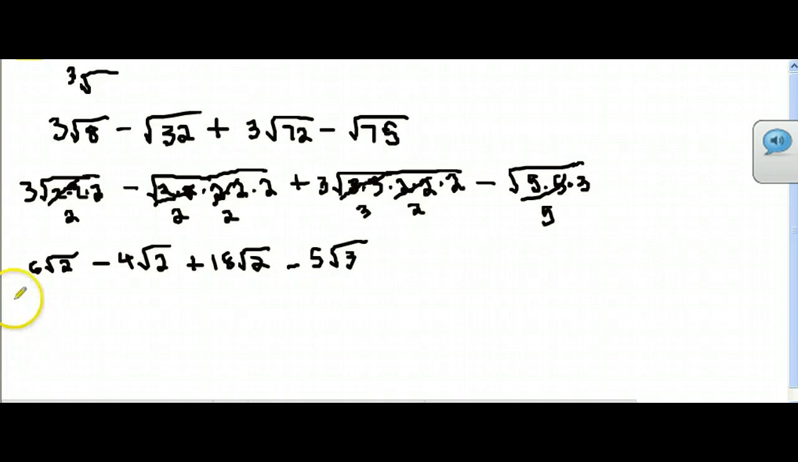So you have everything broken down. What can you put together? 6 minus 4 is what? 2. Plus 18? So this becomes 20 square root of 2, minus 5 square root of 3. The next one,